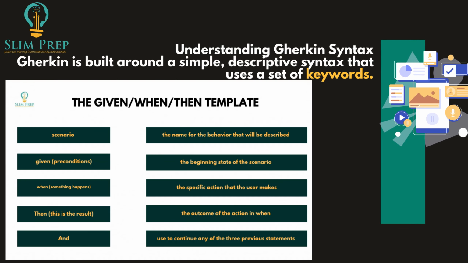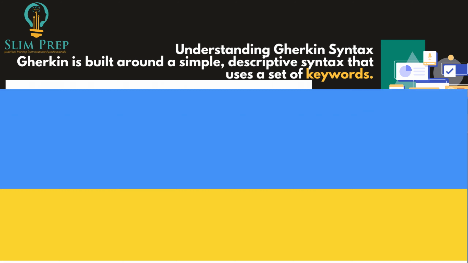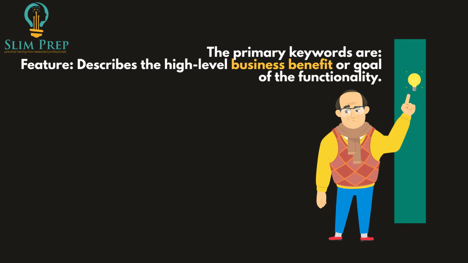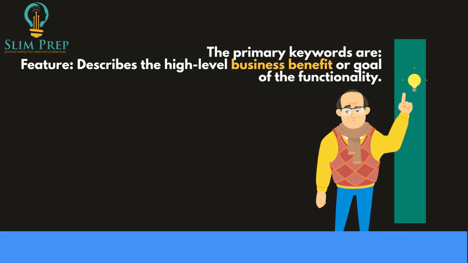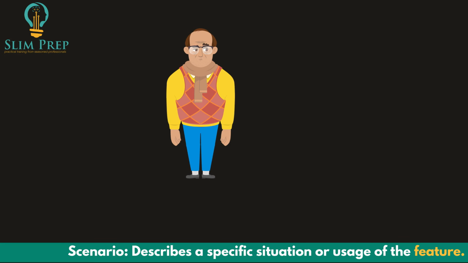Understanding Gherkin syntax. Gherkin is built around a simple, descriptive syntax that uses a set of keywords. The primary keywords are: Feature, describes the high-level business benefit or goal of the functionality. Scenario, describes a specific situation or usage of the feature. Given,